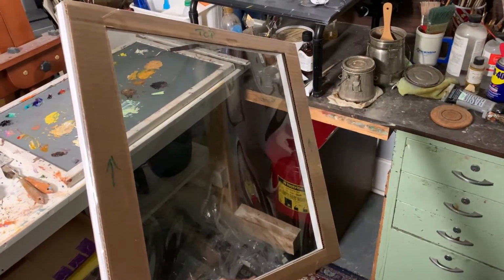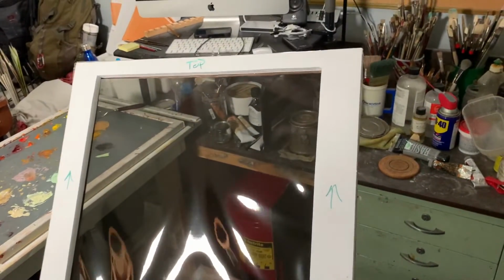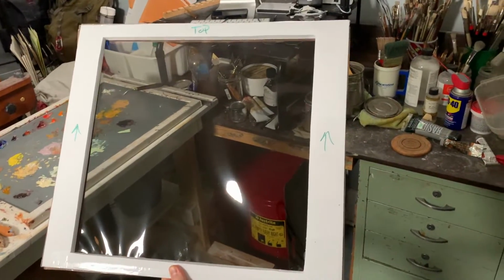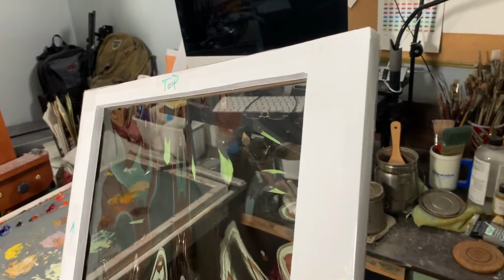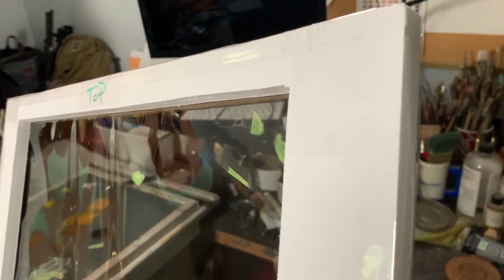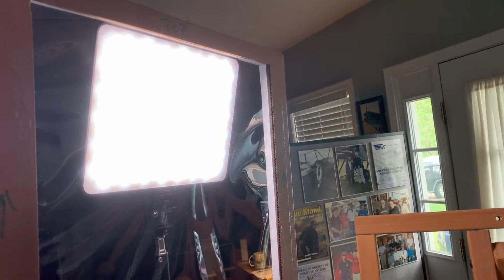You do have to mount the sheets between something rigid though, or else they'll just curl up and be ineffective. At first I tried cardboard, cutting windows out of 2 large squares and then sandwiching the polarizing film in between them. But the cardboard wasn't quite rigid enough, and they were still prone to warping and bending slightly. So to remedy that, I removed the cardboard on one side and replaced it with 1/2-inch gator board, which gives it plenty of rigidity and it prevents the film from buckling and warping as much. And also, by using the gator board, it created a nice little lip that I can use to hang them